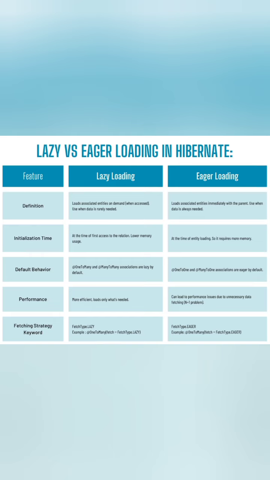Then how to actually define it in coding. For which field we need to fetch the data, for that field we have to use a relationship annotation, like one to many, many to one, many to many. Then we need to define the